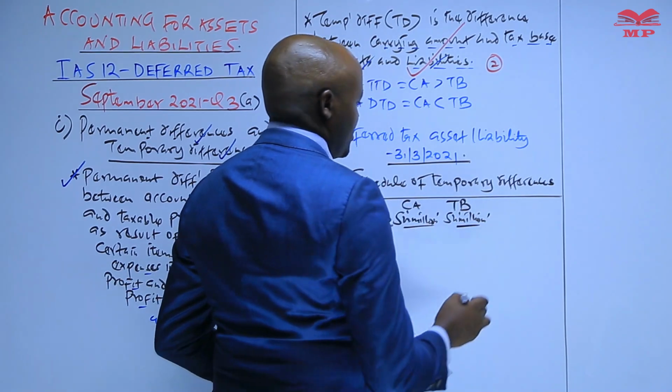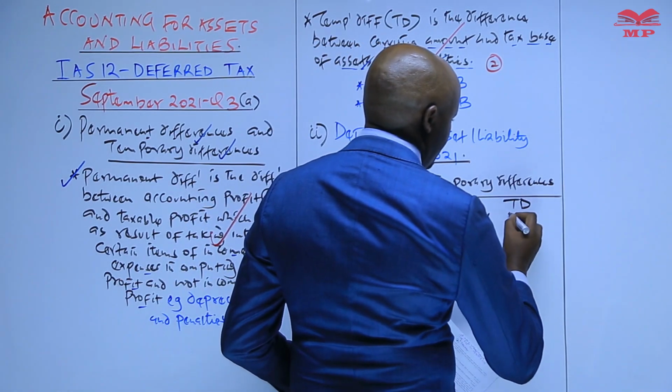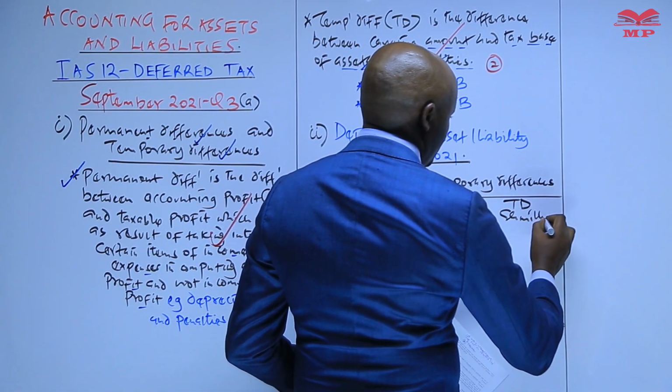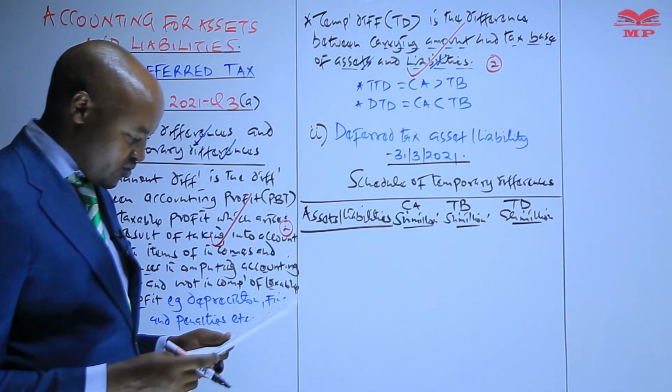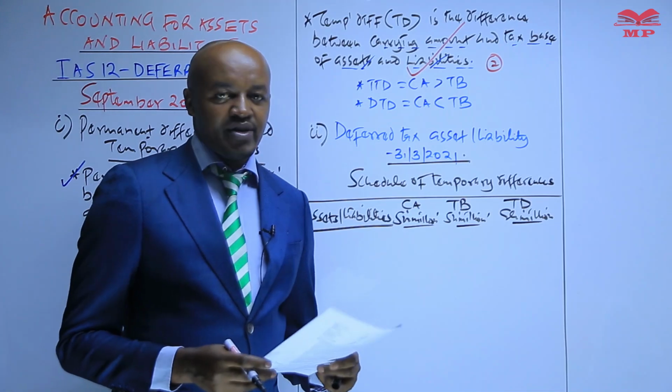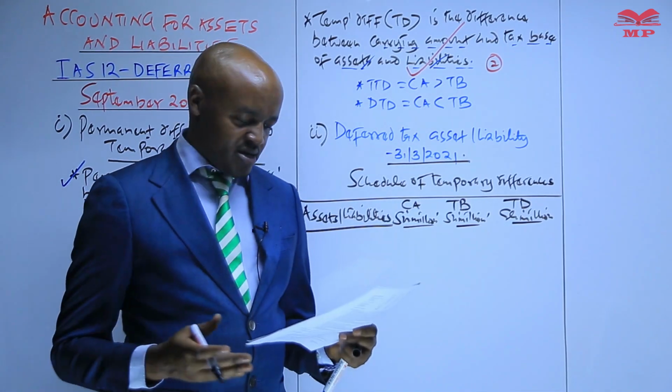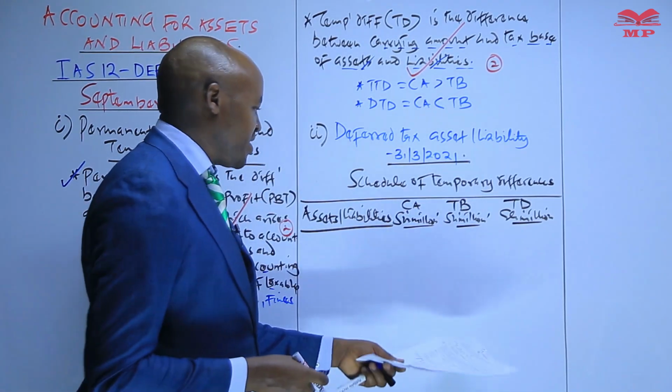And the last column here is for TD, temporary difference. And equally, these will be in million of shillings. So we need to go through the items we are given from note 1 up to note 5 so that we can be able to compute their temporary difference, and then by the end of the day we get the